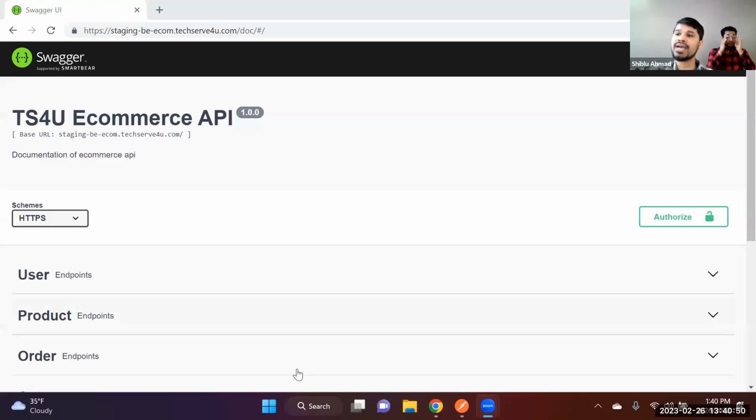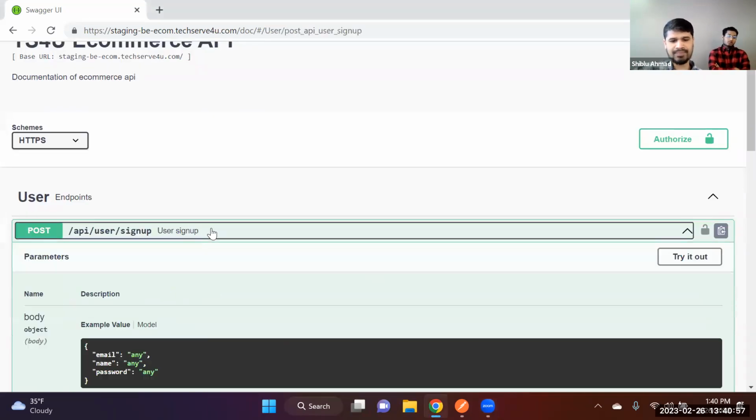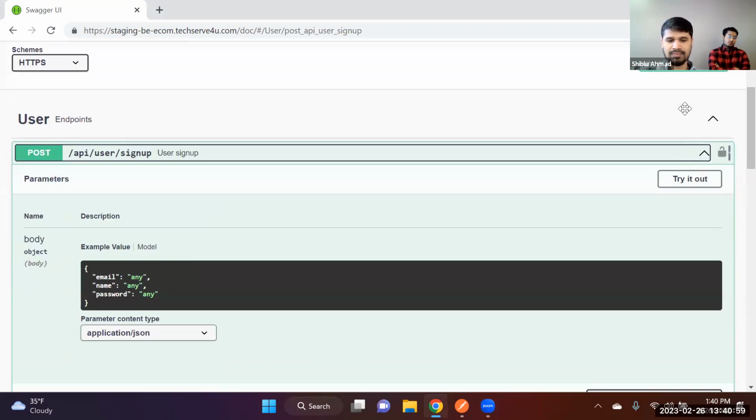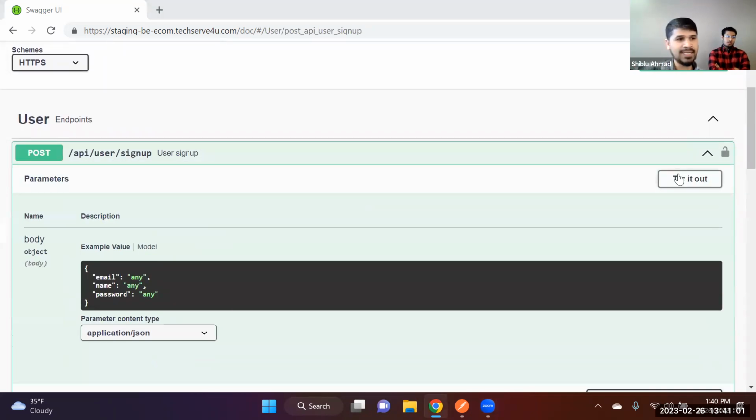So now we'll actually be testing. Go to the user. Go to the user. Yep. Of course, for the e-commerce application, your action item will be to go over each of